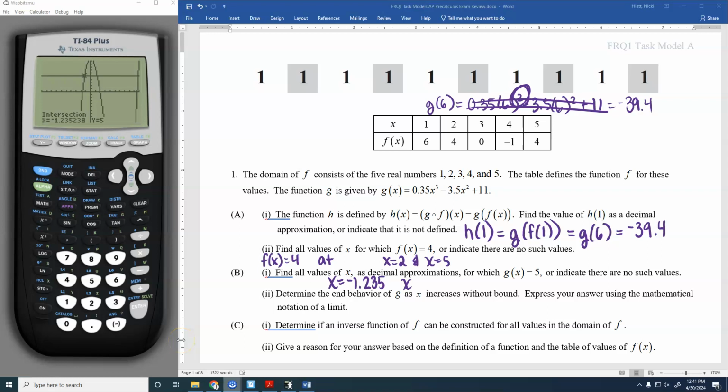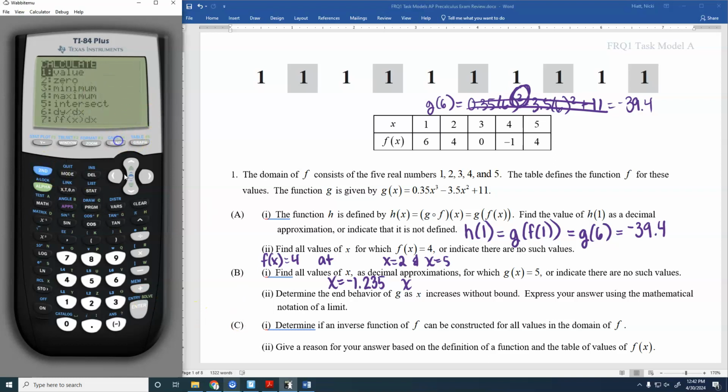Okay, and then we need to do the same thing again for this one. So we go back, second trace, number 5, and then go over here close to this one. Oh, wait, I did that wrong. Okay,